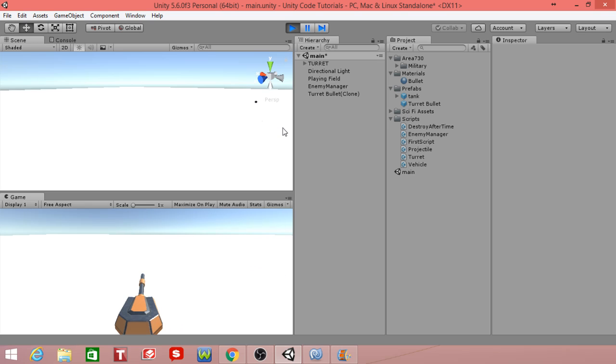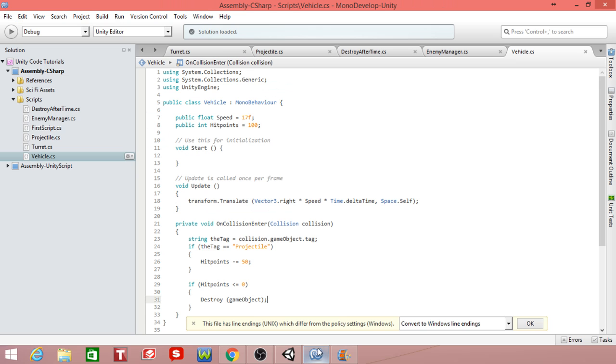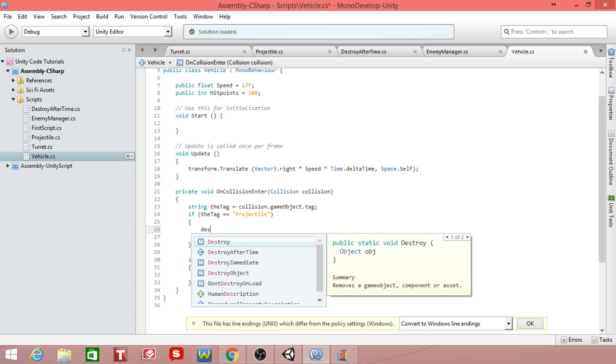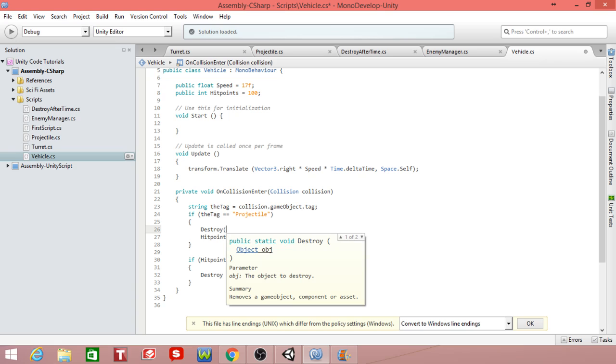Okay, so what do we need to add to this now? The bullets are just floating around. I mean, they're destroyed now, but they're just floating around. So I think they should be destroyed on contact. Now, here's what we can do. Right when it gets hit, it can do all this, right? It can get the tag, and then if it's a projectile, we know that we want to destroy it. So what we can do is just go ahead and say destroy, but we're not going to destroy the tank,